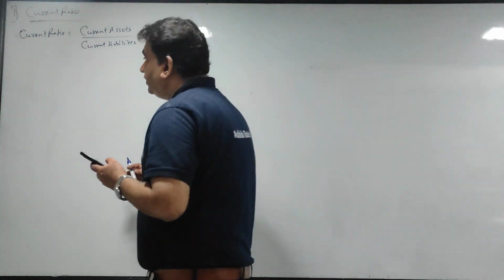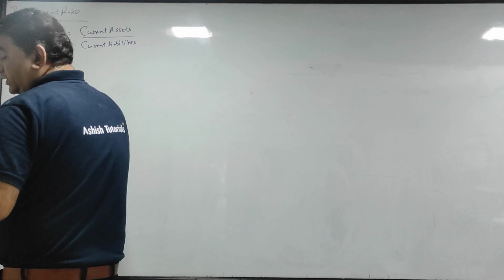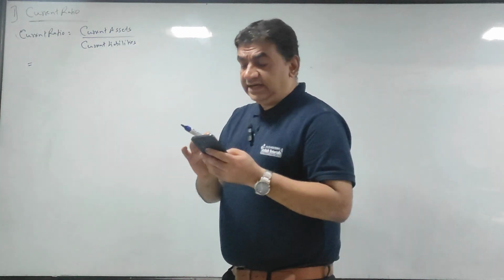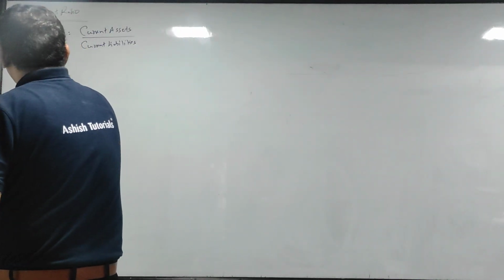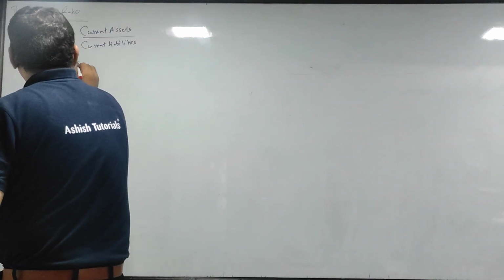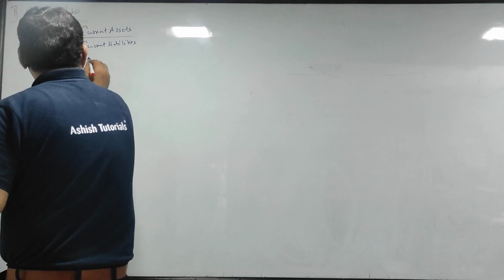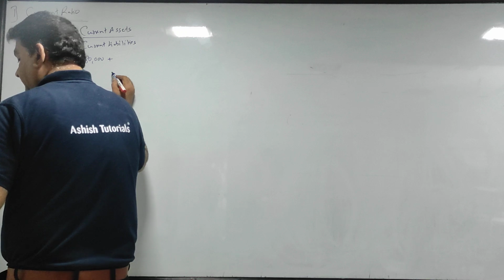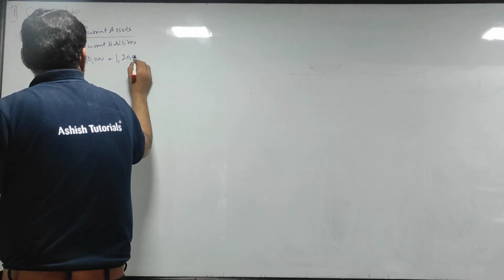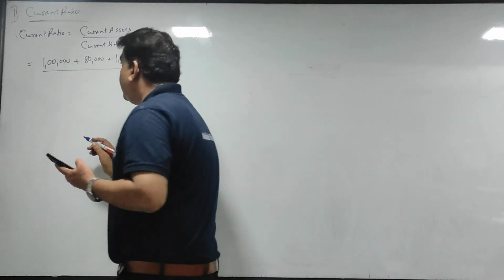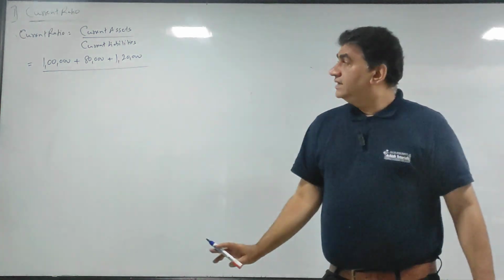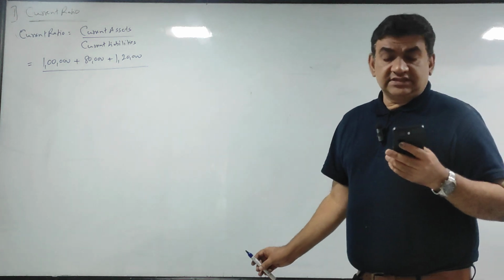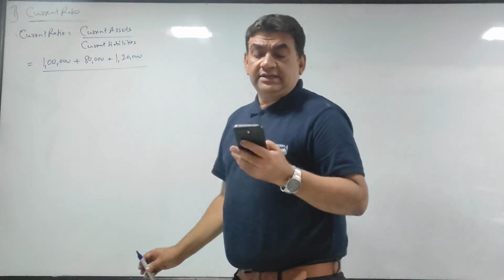Okay, now see, we will show the segregation along with the total. So numerator is current assets. क्या क्या है मेरा current asset? Stock 1 lakh, plus debtors 80,000, plus cash bank 120. Okay, my current asset is 1 lakh towards stock, 80,000 towards debtors and cash bank 120